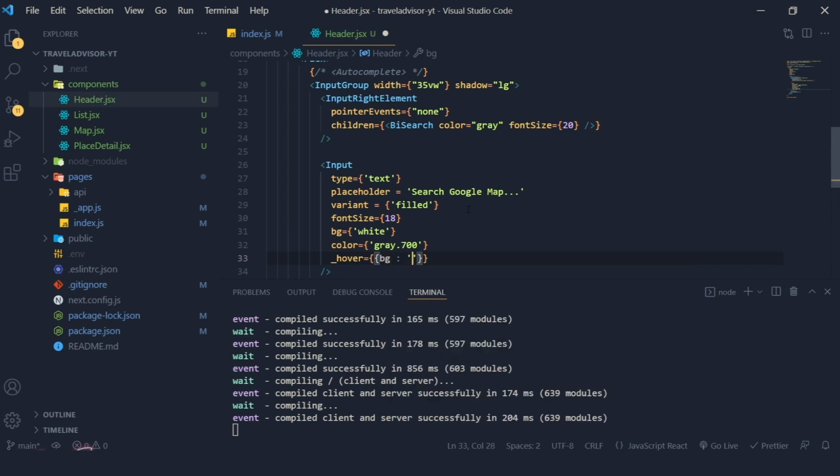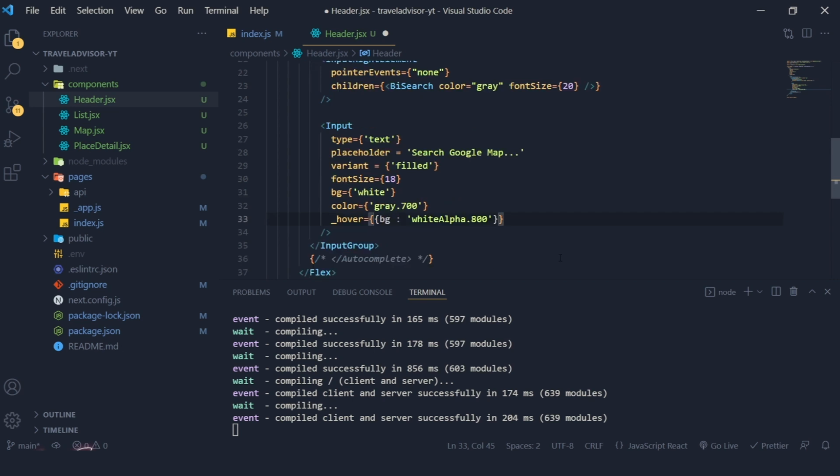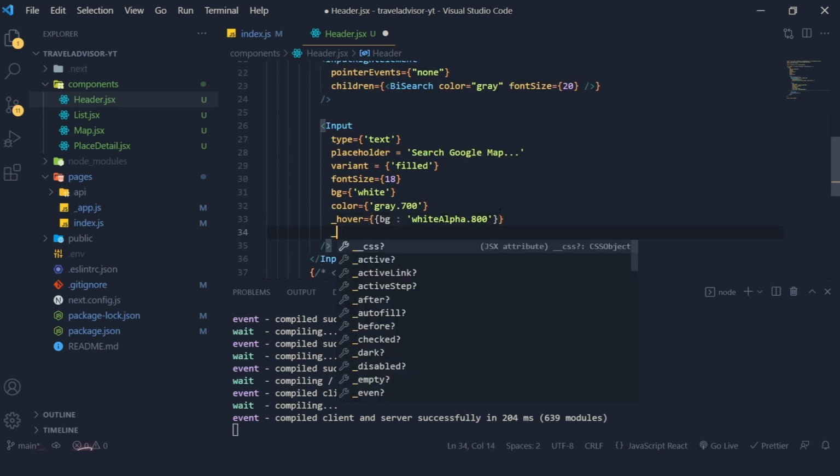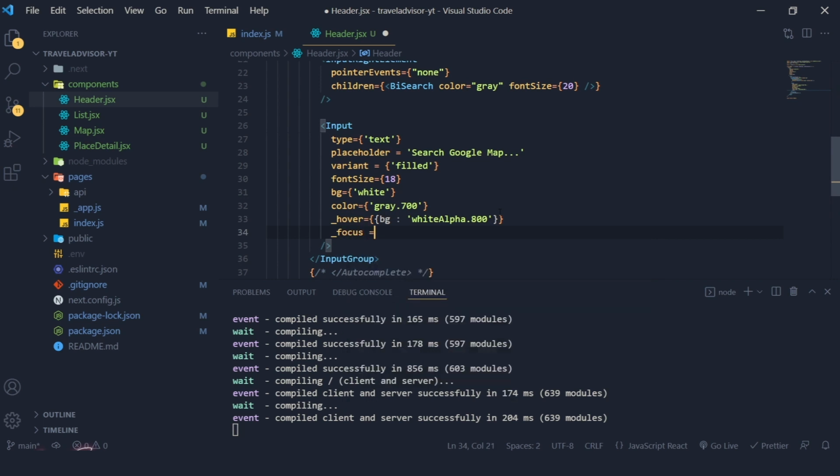So for that, I'm going to use this color specifically. So white alpha 800, this one, and I'm going to use the same color code whenever I'm focusing it. On focus, that means once I click inside that